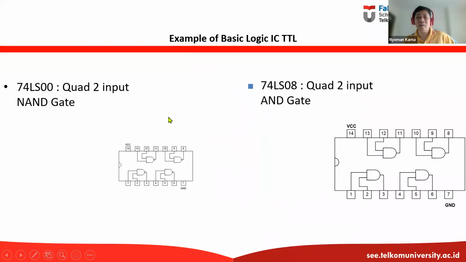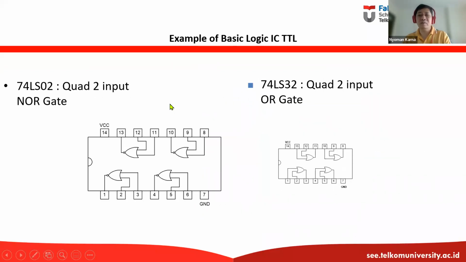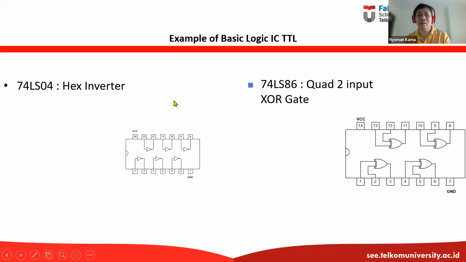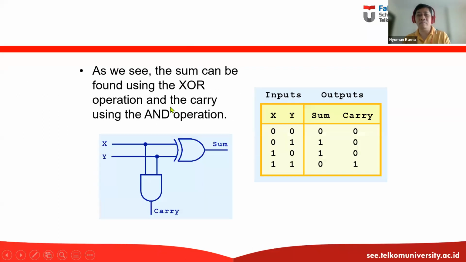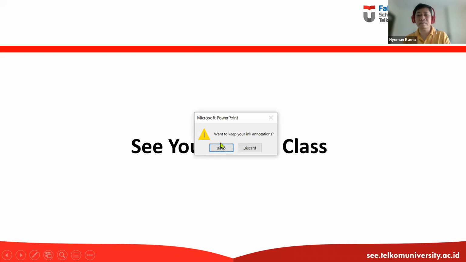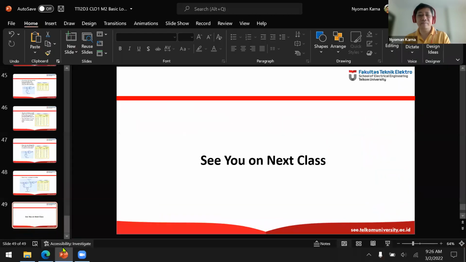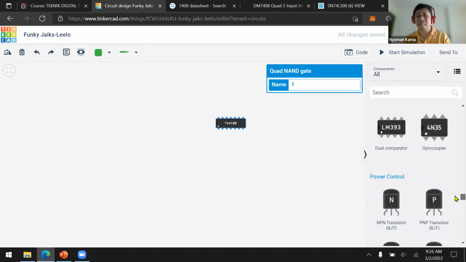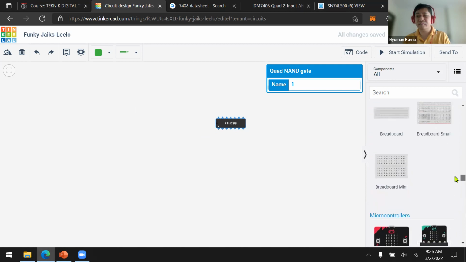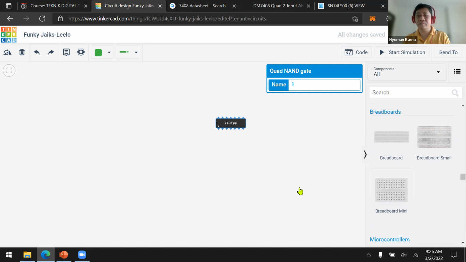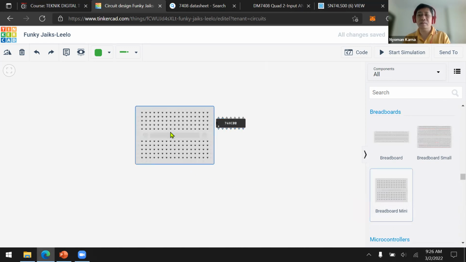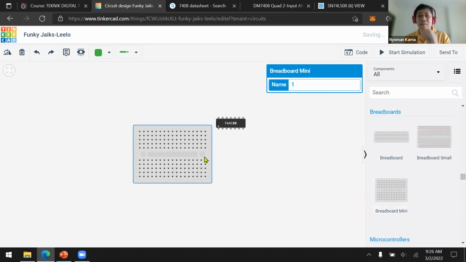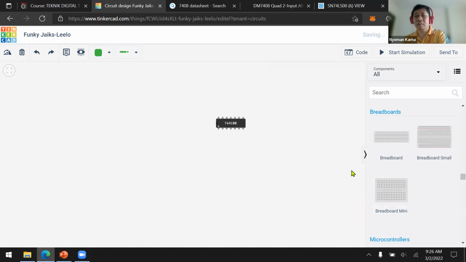Okay, this only explains the shapes. How are we going to use the Tinkercad now? Okay, I'm sorry, not this one.